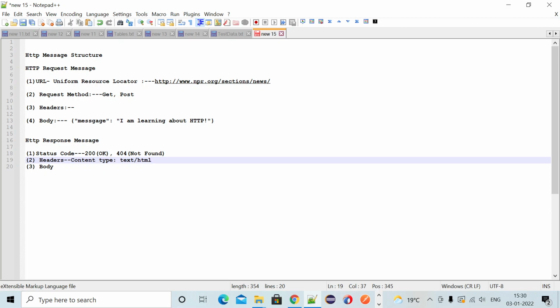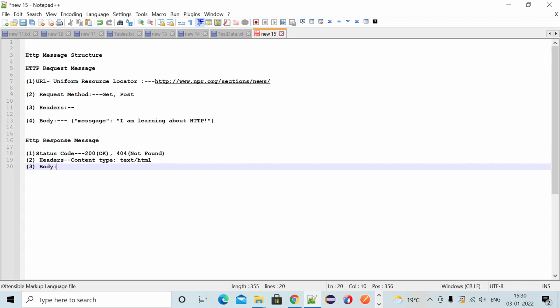And after that we have the body. The body contains the data the server wants to send to the client. The body will contain the data which is going to be sent to the client.